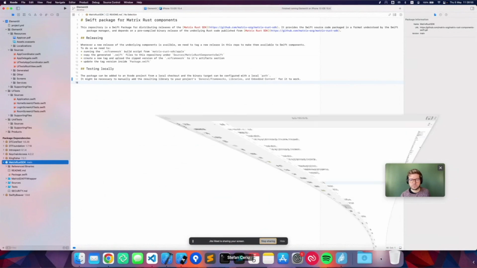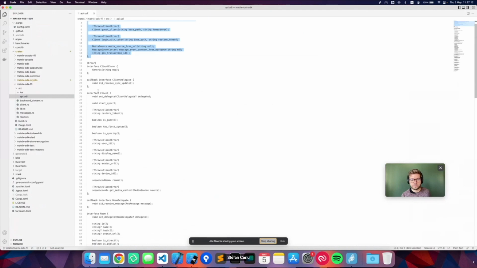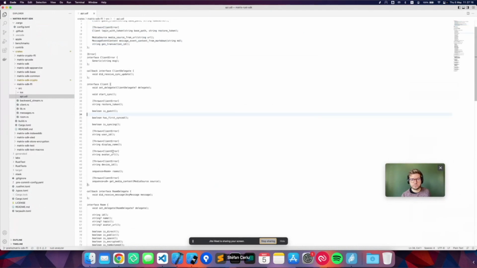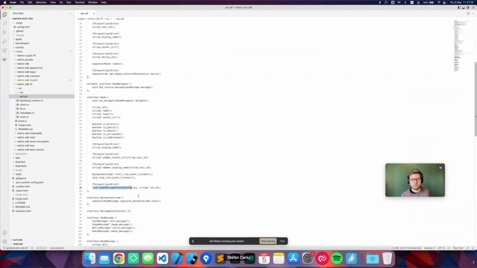On the Rust side, on the other hand, we have a new crate, which is called Matrix SDK FFI, which the Rust team have been really helpful with and nice to set up for us, which exposes a lot of the methods that the app uses. So you have methods for logging in. You have a client that's going to give you your sync response and the user display name, your avatar, and then you have rooms with messages and room properties and any messages and all the stuff that you actually see